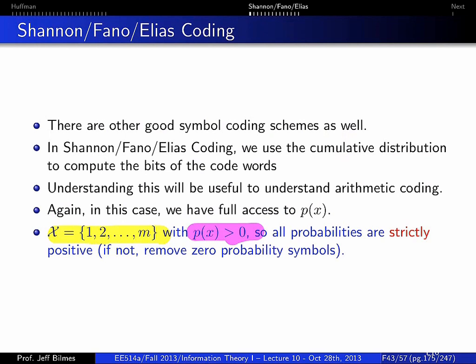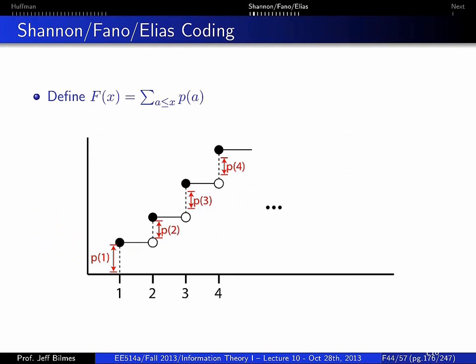If the probability was equal to 0, we could just remove that symbol from the source alphabet, because if it has probability 0, it never occurs. So all probabilities are strictly positive, and we need that assumption in a number of instances in order for any of the stuff that we talk about to be valid. So the first thing we're going to do